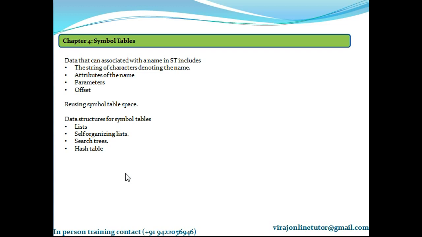And fourth is an offset describing the position in the storage to be allocated for the name. So all this information must be given for a name associated with a symbol table.